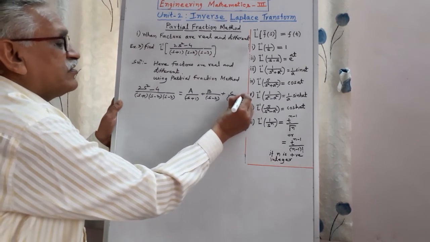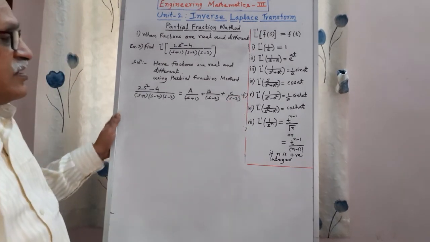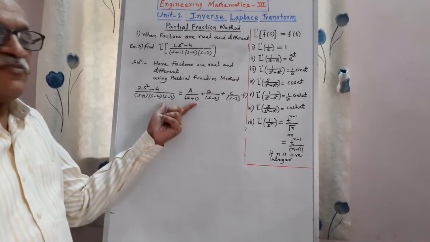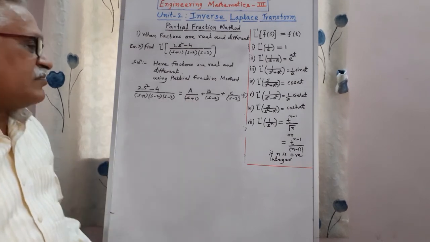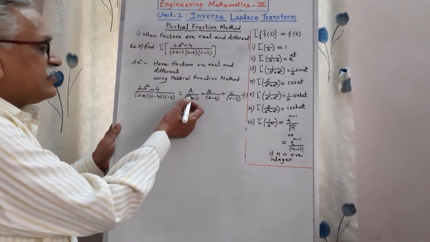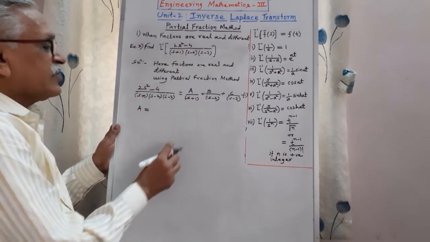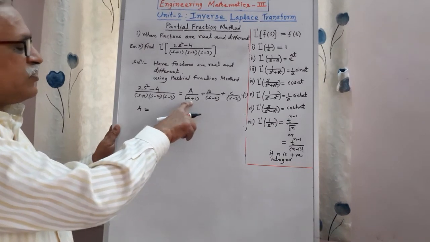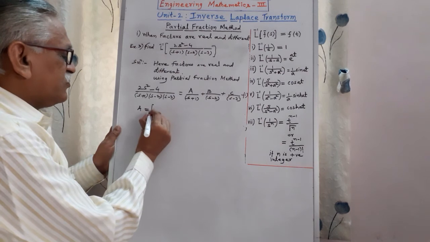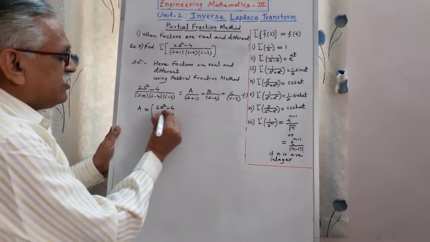And we call this equation 1. And then applying the technique, either by finding LCM or by finding values directly, a shortcut method, I am finding directly. We get A is equal to, neglecting this term s plus 1 from the denominator, 2s square minus 4 divided by